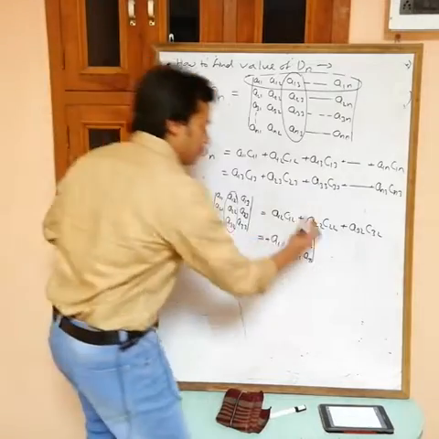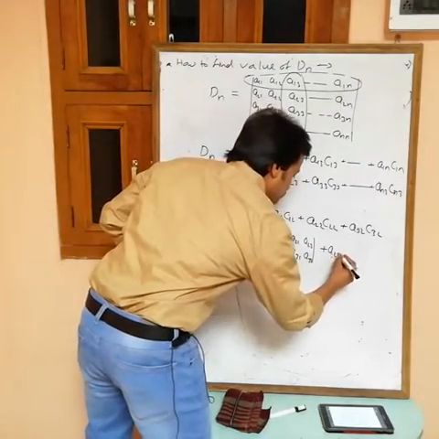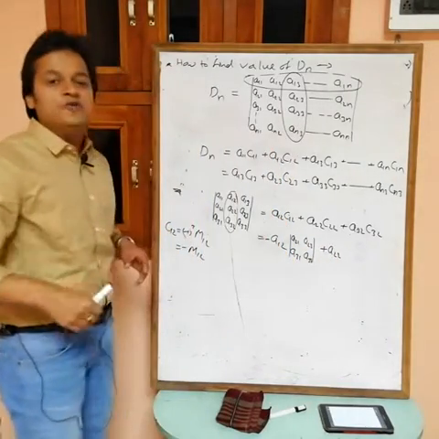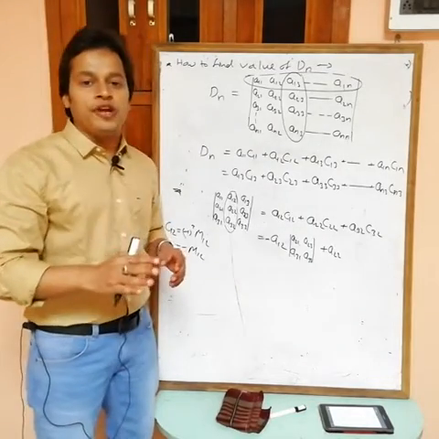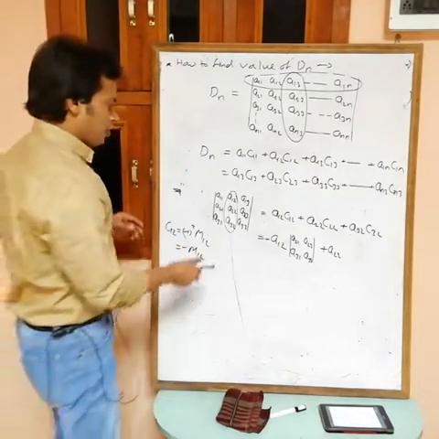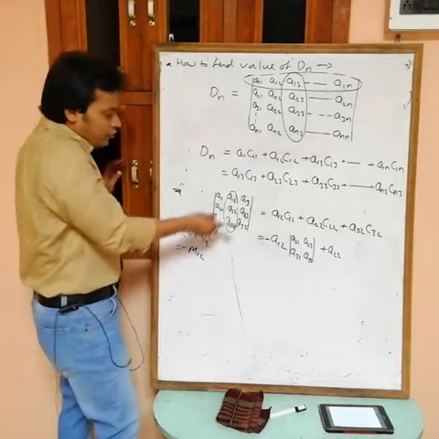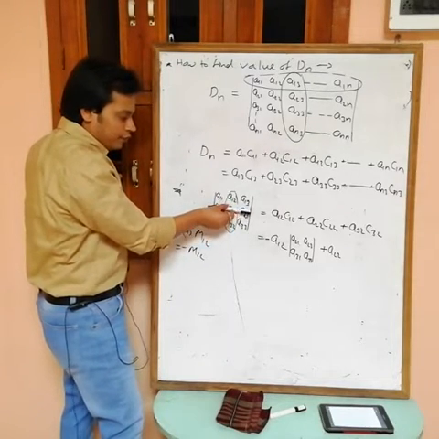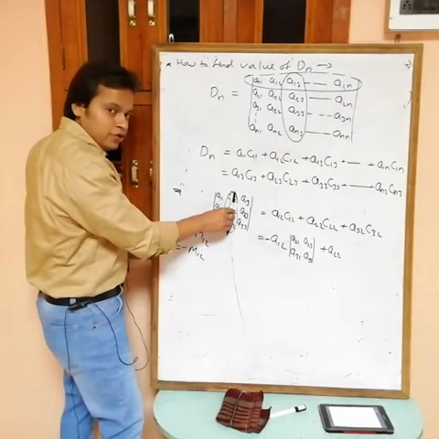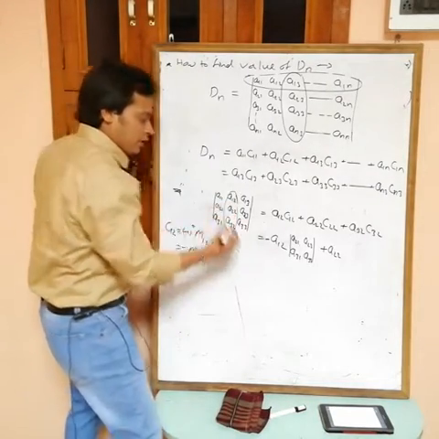Okay, now plus A22. Now what do you want? C22. First find the minor of A22. C22, it means cofactor of A22, but first find the minor of A22. So if you want minor of A22, hide the corresponding row and column and get the determinant by using remaining element. Okay, so remaining element